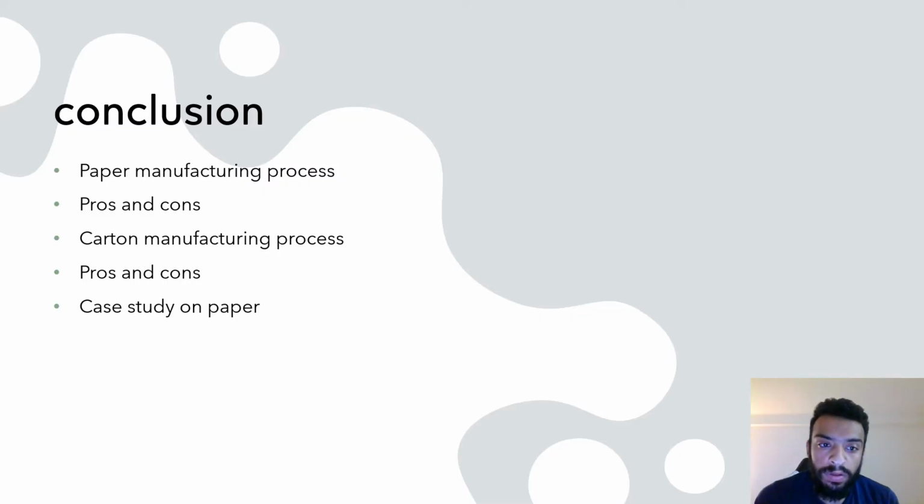So in conclusion, I have talked about paper manufacturing processes, all different steps used in the paper manufacturing processes, and the pros and cons of paper. I also talked about carton manufacturing processes, how it's different from the paper, but also similar in a way. The pros and cons of carton manufacturing, and a case study of paper and how the paper has impacted the world in the type of